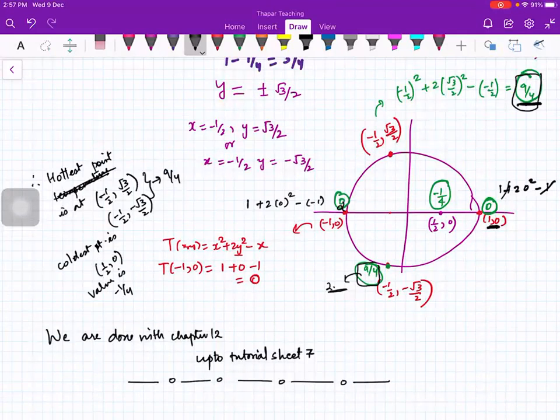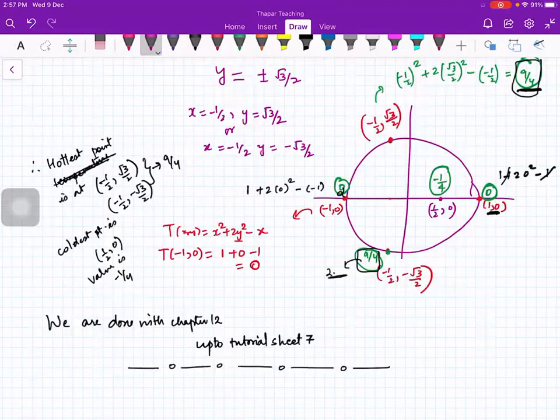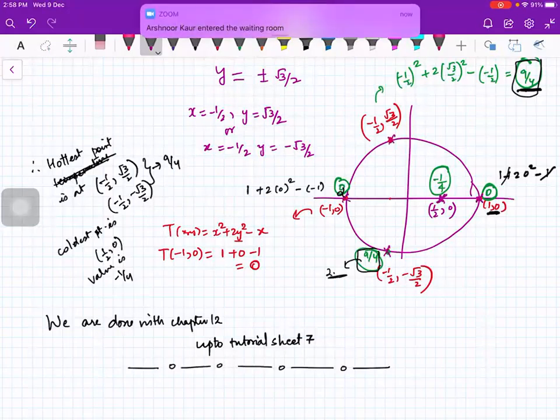Is that okay? Ma'am, please tell us once how you found the coldest point, I did not understand that. Please tell us once. You see, beta, what I did, I found all the points of local maxima minima, right? Now I got this is the one point. This was when I was computing the critical points, and then on the boundary, this point, this point, this point, and this point. These are the possible points of local minima maxima.